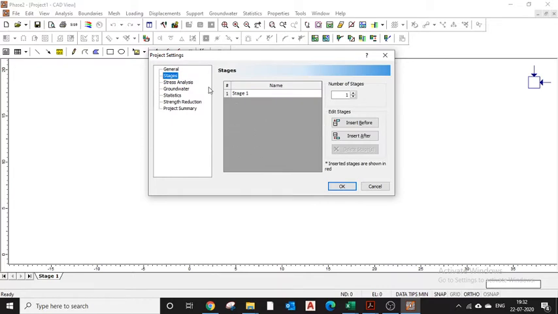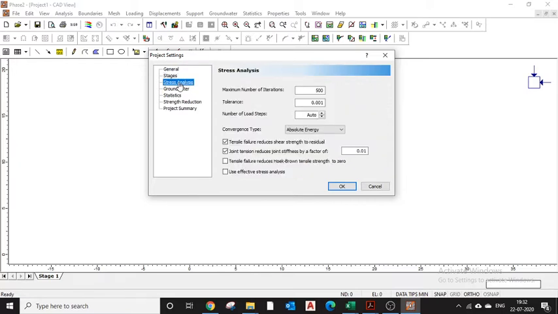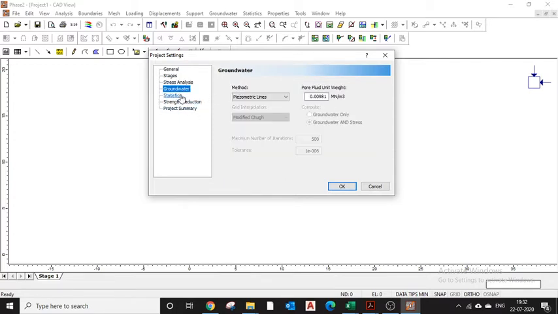Stages: for now I will just keep stage 1, which is my in situ stage. Okay, stress analysis I will keep as it is. Groundwater table I won't take into account for this modeling.